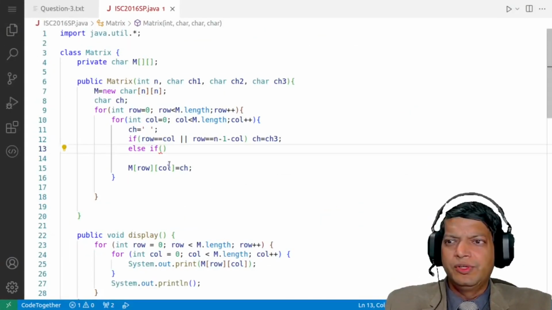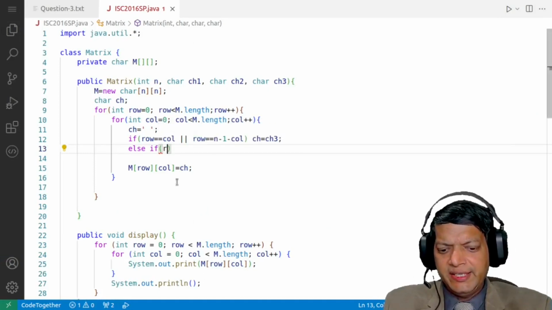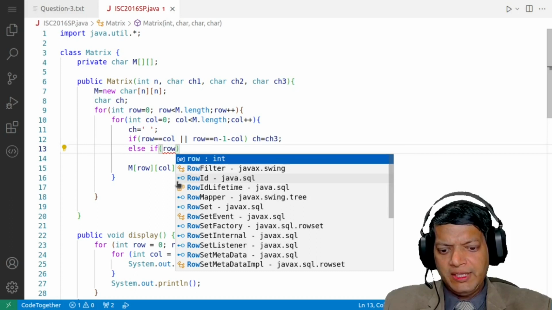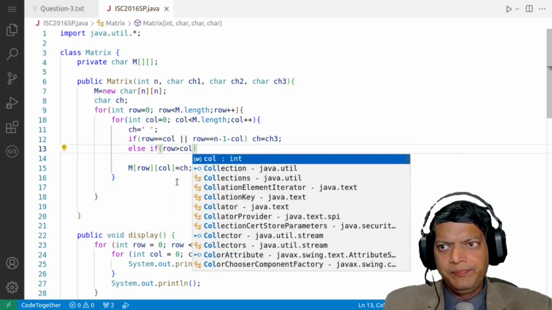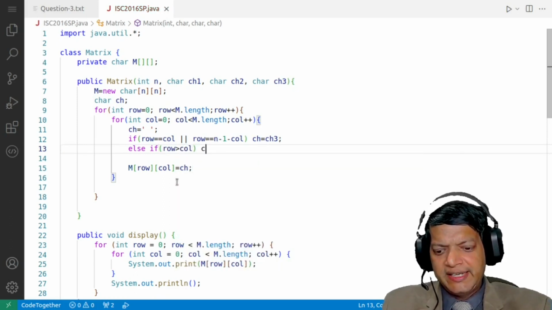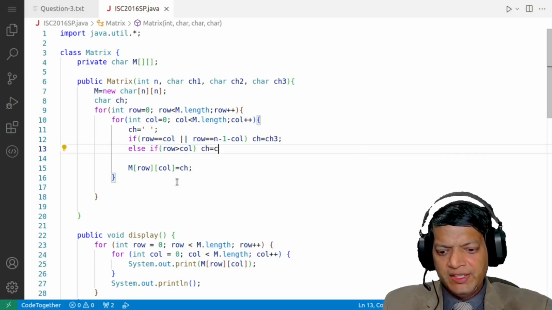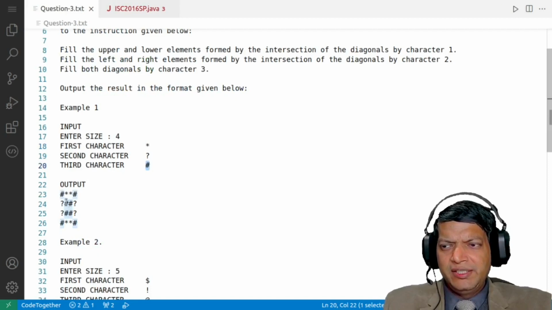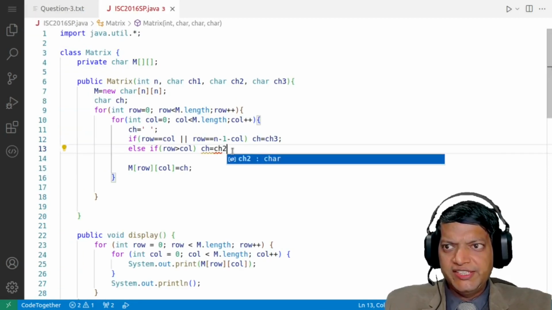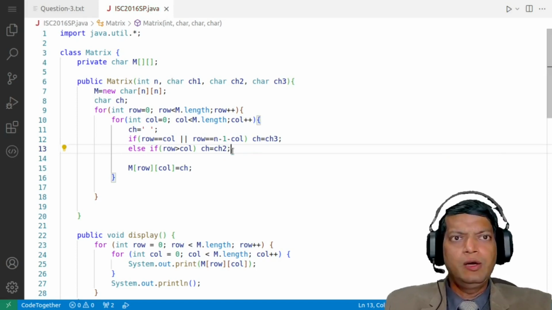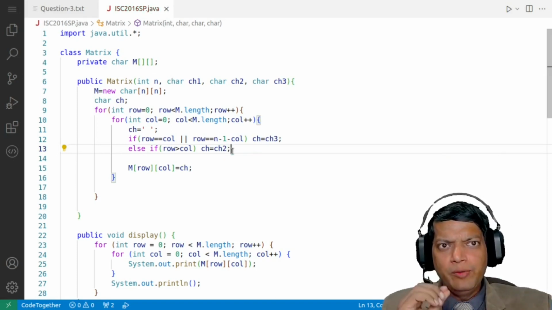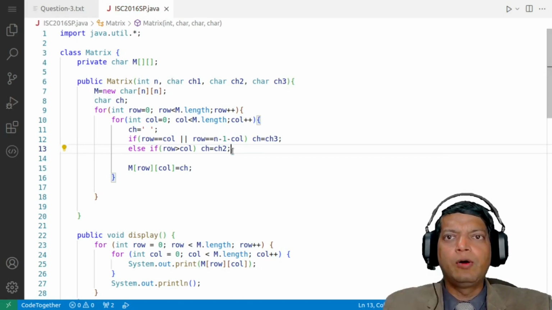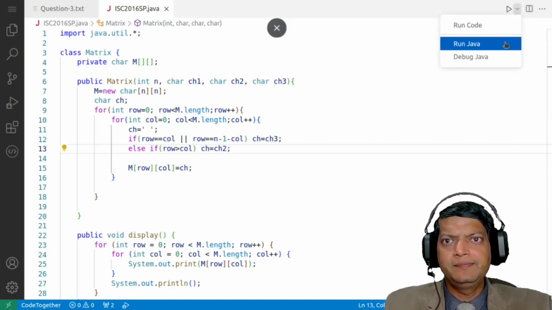We'll get the code. So we come over here and I'll say if row is more than column, we'll say that the character is equal to ch. Let me check what it was. The region left was the question mark, that is ch2. So we'll say ch2 over here. Now when we'll run the program, it will not be what we want, but it will be very near of what we want. So if you run it again,